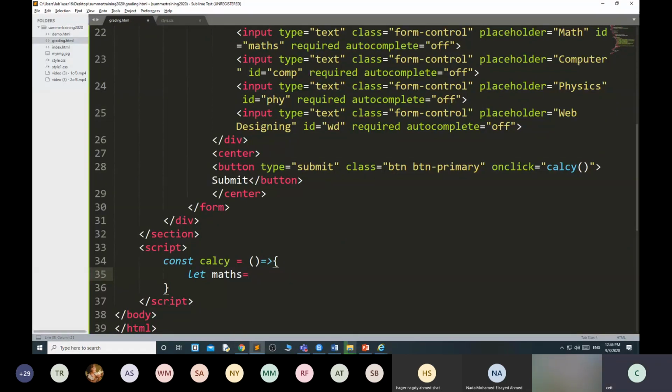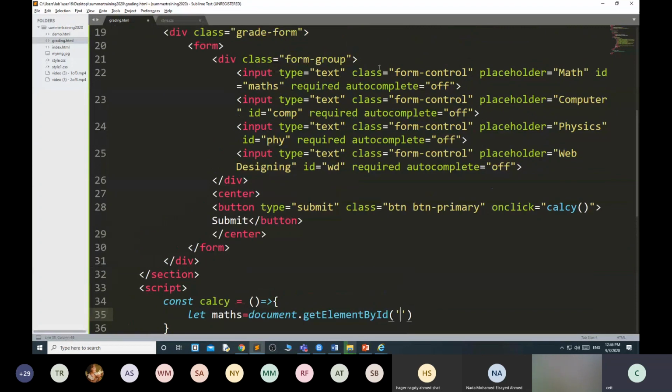How to retrieve the value? document.getElementById. Okay, this is predefined. getElementById. And what is my ID for math? You can see that this is the ID. That's why the ID is important. Then what do I want from that ID? I want the value.